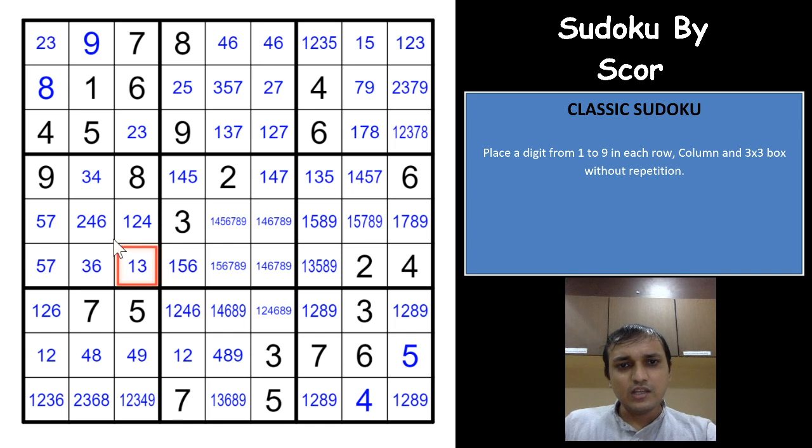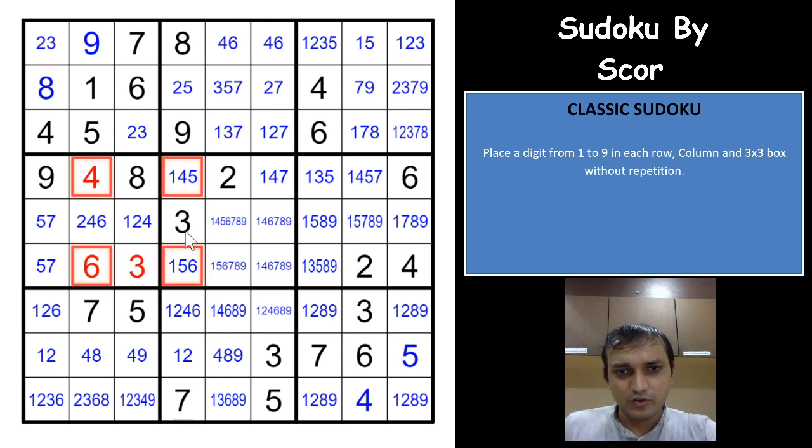So what I saw was, if you have 3 in this cell, you will have 4 and 6 in this cell. Let me show you. If I have 3 here, you will have 4 and 6 here. Both 4 and 6 will eliminate 4 and 6 from here, and you will have a 1, 5 pair. Which means that if you have a 1, 5 pair in these 2 cells, you'll have 2 in both of these two cells. 5 eliminates from this cell, 1 eliminates from this cell, and you'll have both of these cells as 2.